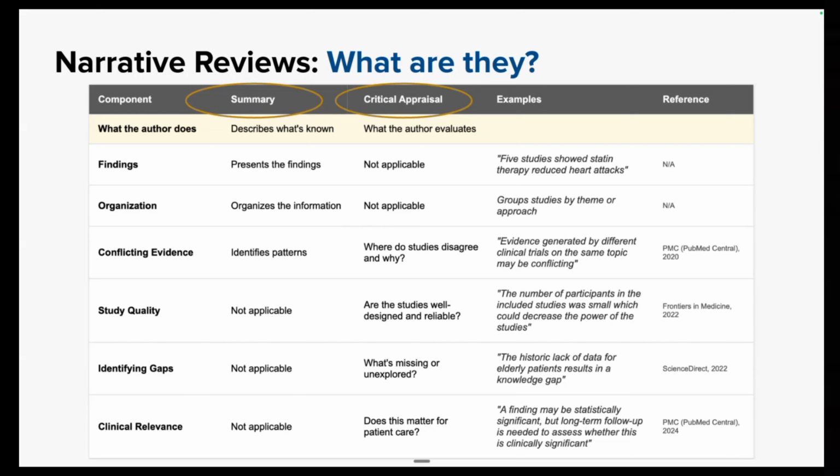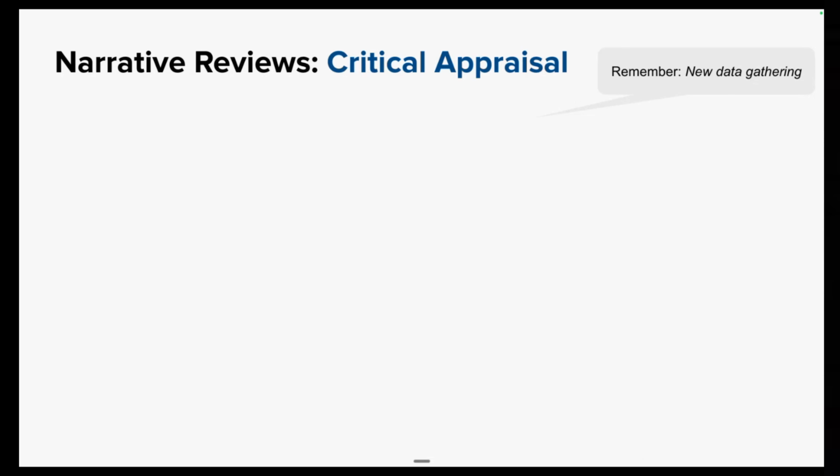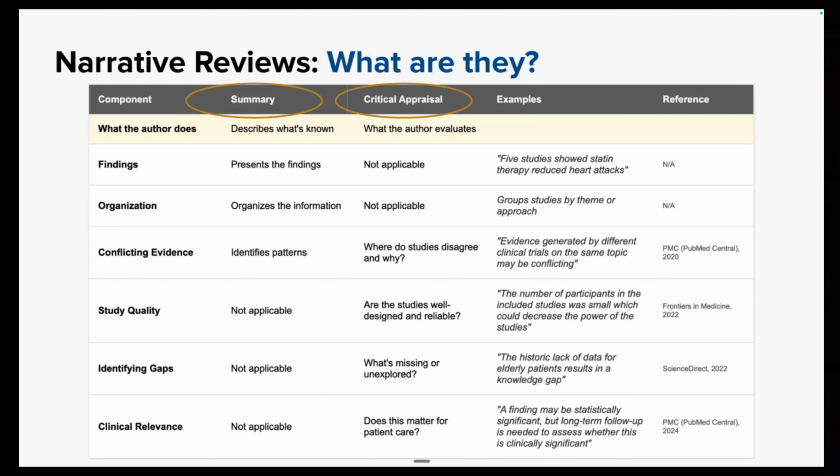So a monster table, again, I'll make sure these slides are shared out. And if you have questions before next week, feel free to let someone, myself or someone at IMG, know. If you do have a second or two to review these tables and you're like, this makes no sense, let's stop for a second and hash it out. So talking a little more about the critical appraisal piece, since again, summaries are table stakes. Everyone here does not need a lengthy explanation of how to summarize information.